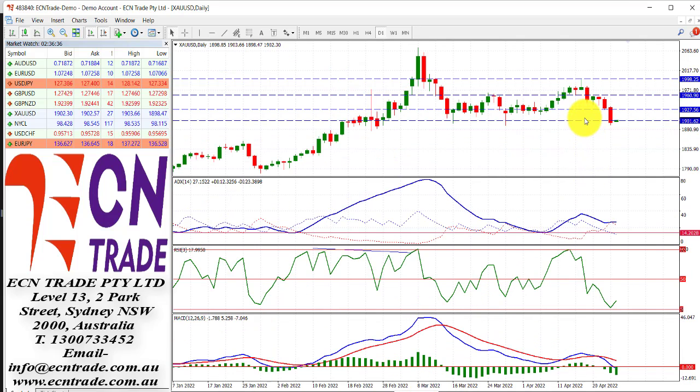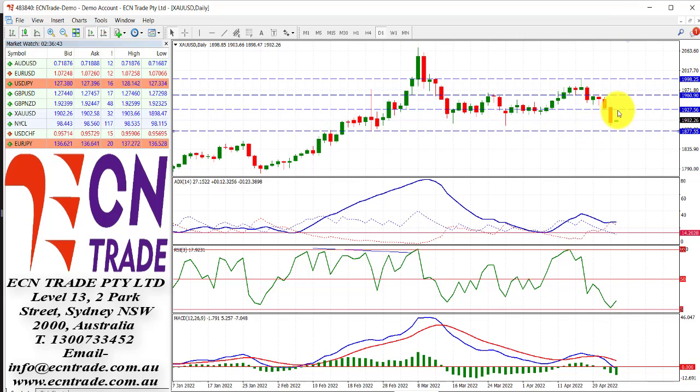Gold has been somewhat heavy, and we could be looking now down towards the region of 1,878. It's picking off the supports one by one, and from the recent support at 1,920, the next target is 1,878 to 82, and then reassess from there in case we get a retracement.